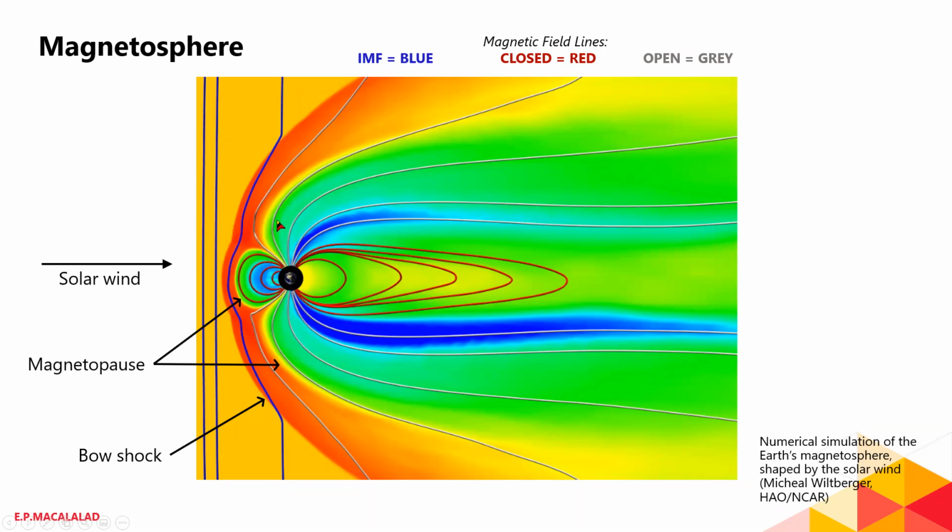Now, in between these regions, we have the polar cusps. The polar cusp is the interface between the night side and the day side of the magnetosphere. So you will notice here, this is the day side, the sun-facing Earth, and this is the night side of the Earth. This magnetic field line is part of the night side already, and this part of the magnetic field is part of the day side magnetosphere. So in between these two is where the polar cusps are.